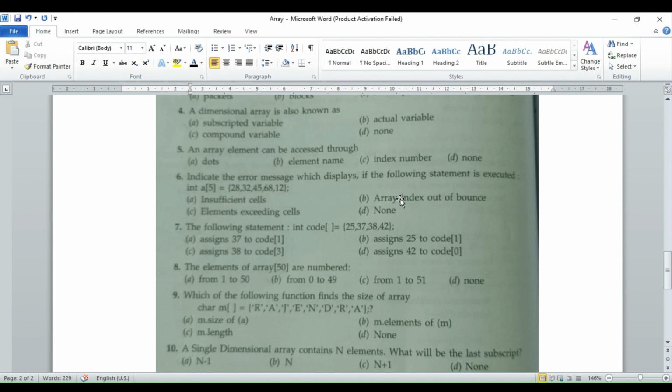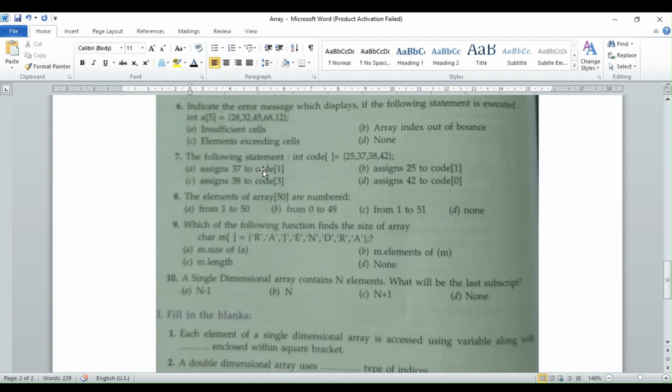Insufficient cells, array index out of bounds, elements exceeding cells, none. The following statement, int code equal to this much, assigns 37 to code 1, assigns 25 to code 1, assigns 38 to code 3, assigns 42 to code 0. The elements of array 50 are numbered 1 to 50, 0 to 49, 1 to 51, none.